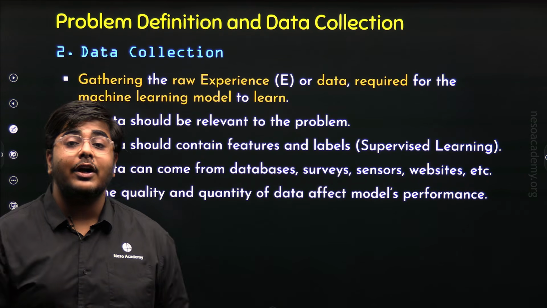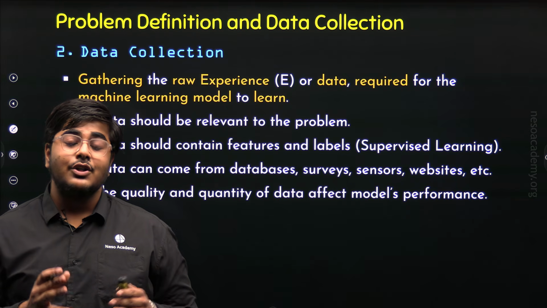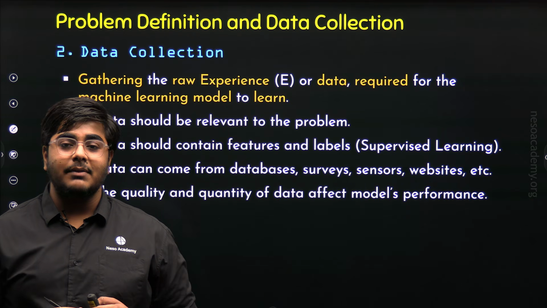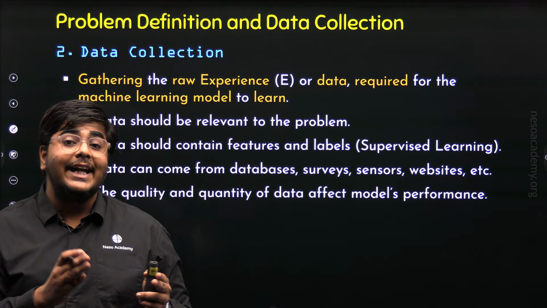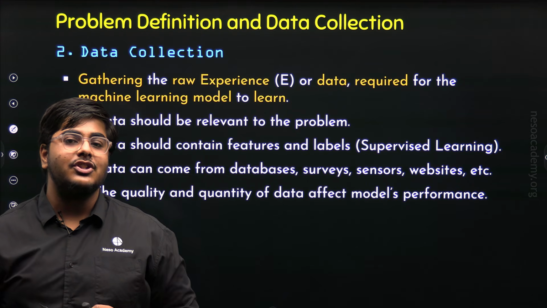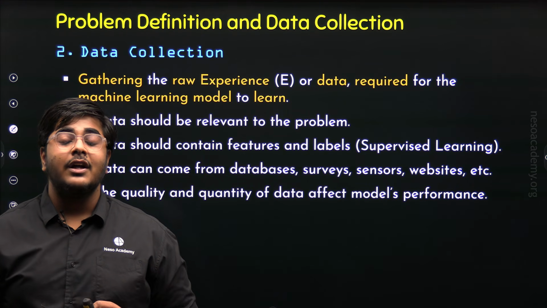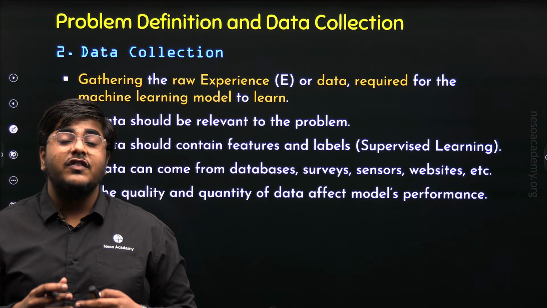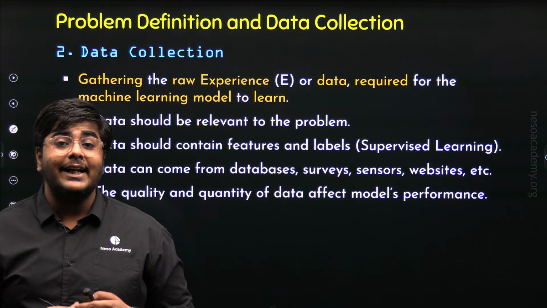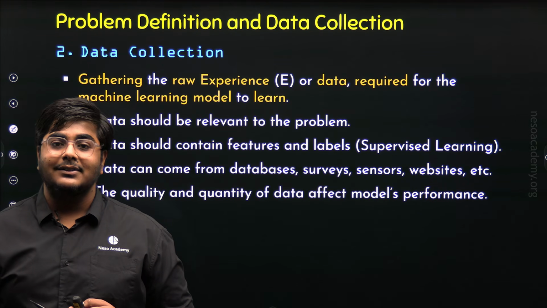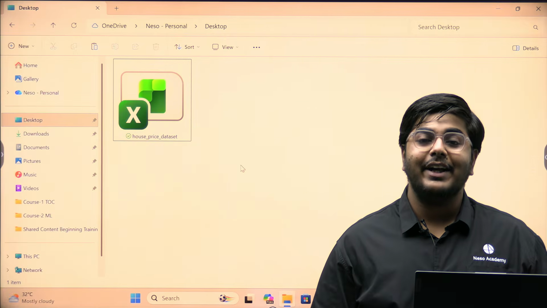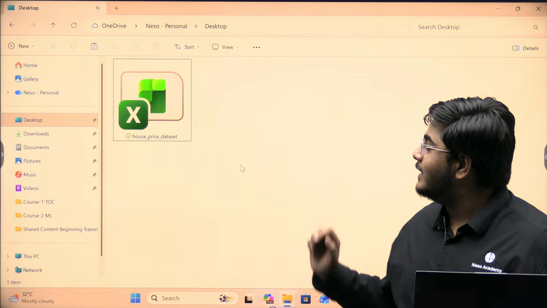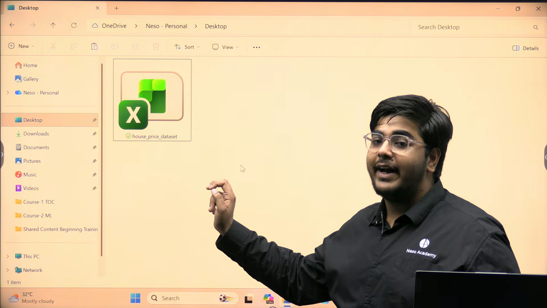Now it's time for practical implementation. So now we will go to my computer system and there I will show you a data set of a house price prediction system that I have collected. We will upload that data set onto Google Colab and we will perform some operations on that data to analyze that data. So now we are on my computer system and here you can see I have one Excel file,